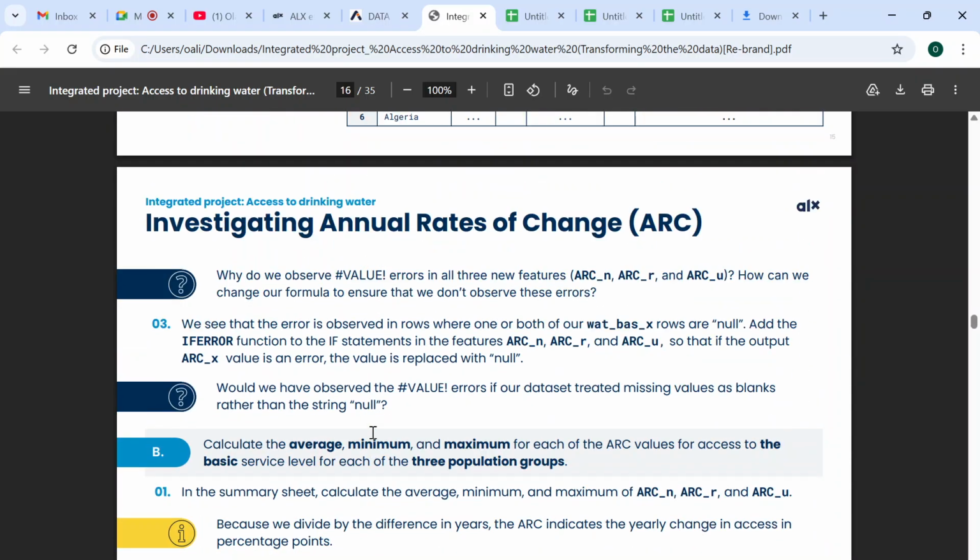All right, so what are we to do now? They said, why do we observe the value error in all three columns? And how can we change our formula to ensure that we don't observe this error? First of all,